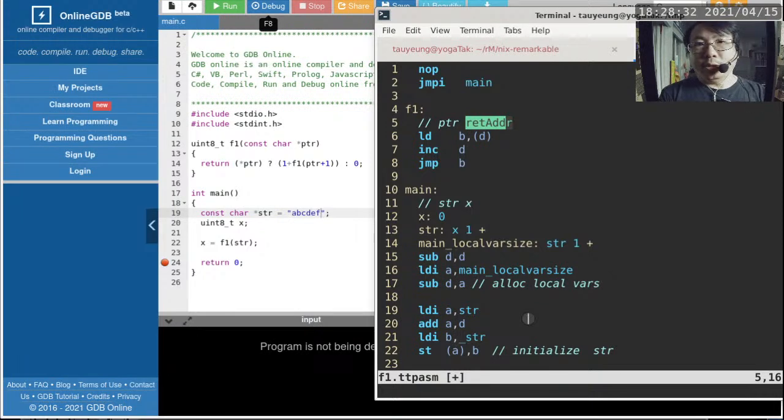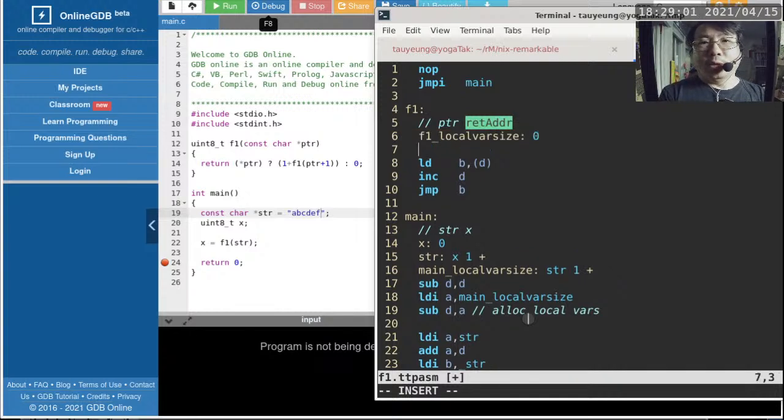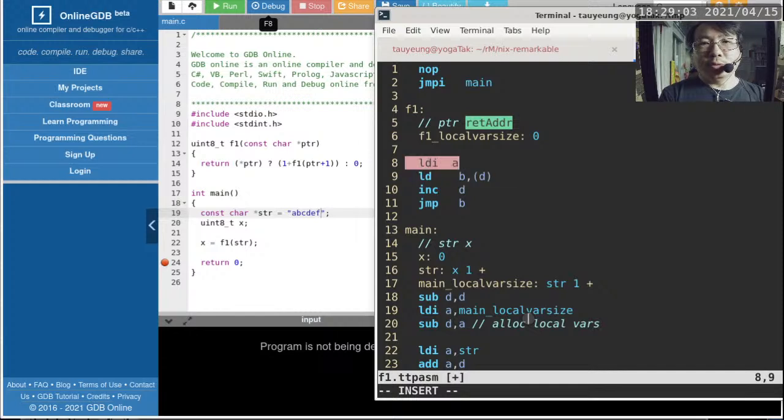And that's it. We don't have any local variables in this case. Now, for those of you who say, but we want to make the code really, really flexible, just in case we make F1 complicated later, and we want to be able to handle local variables, you can do something like this if you want to. You can say F1_local_var_size, and just make it 0 because we don't really have any local variables. But once we have this, you can still do the usual thing, which is LDIA with F1_local_var_size,